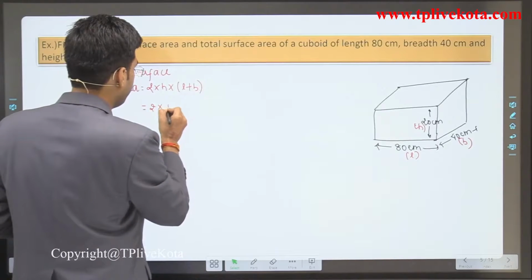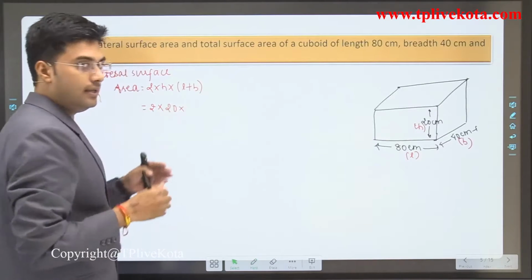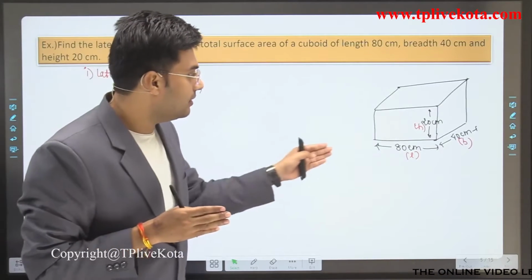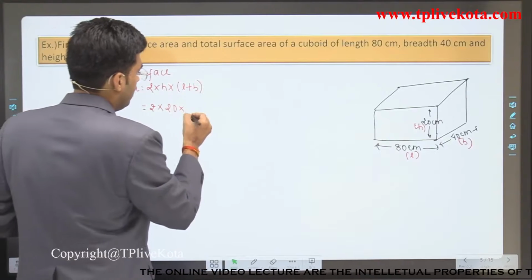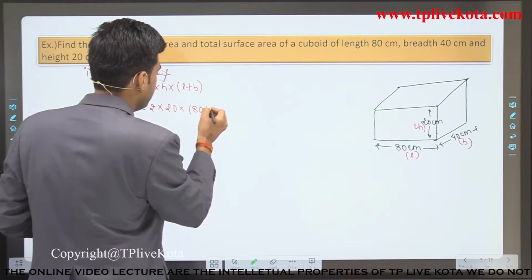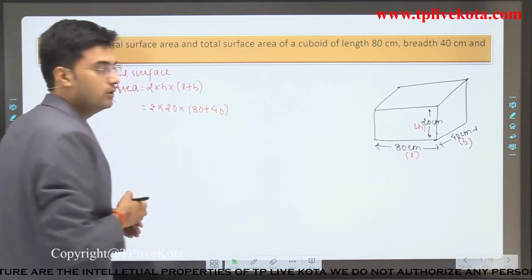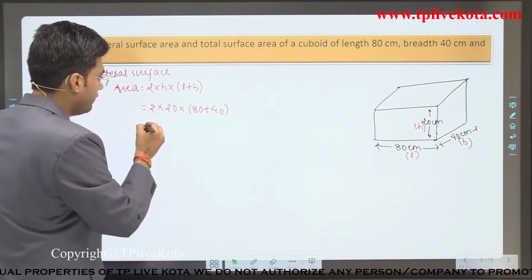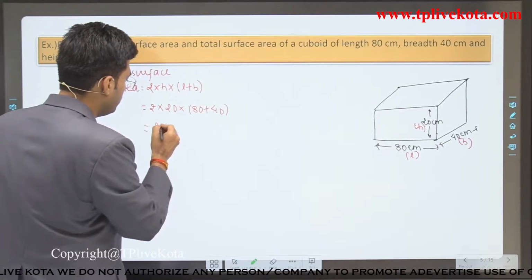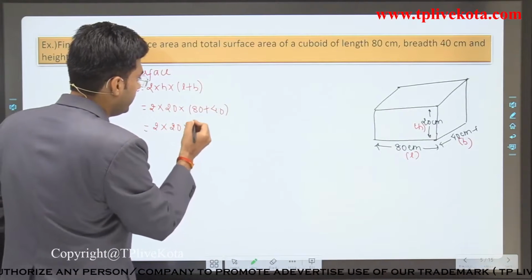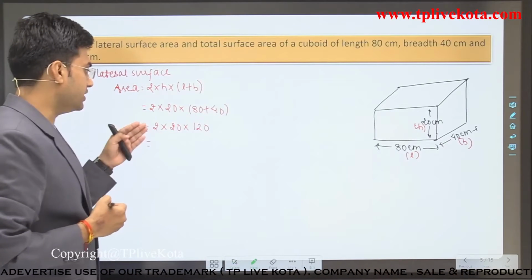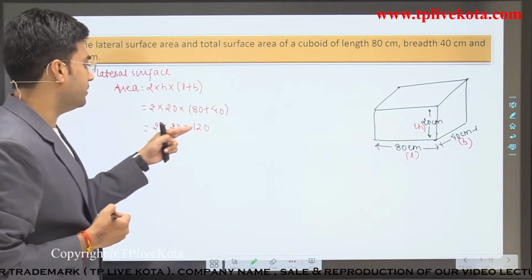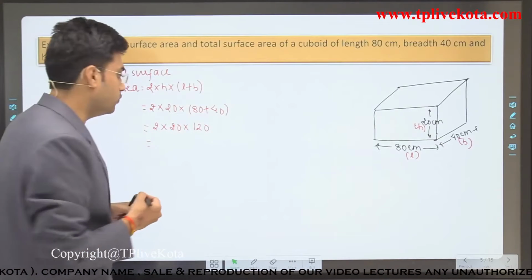Height is 20, multiply by L plus B, and here L is 80 and B is 40. So it is 80 plus 40. So now when we solve this, what will we get? 2 multiplied by 20 multiplied by 120. So it is equal to 4 multiplied by 12. It is equal to